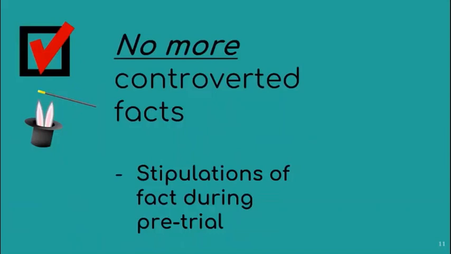Let's take the first situation. There are no more controverted facts. By the use of the phrase "no more," this means that in the beginning, there were controverted facts. The plaintiff raised clear allegations against the defendant to establish a cause of action. The defendant submitted an answer that squarely contests the plaintiff's allegations through denials and affirmative defenses. As you know, during pretrial, the parties are allowed to enter into stipulations of fact. This means that they agree on certain factual matters so that there will be no need to present evidence anymore